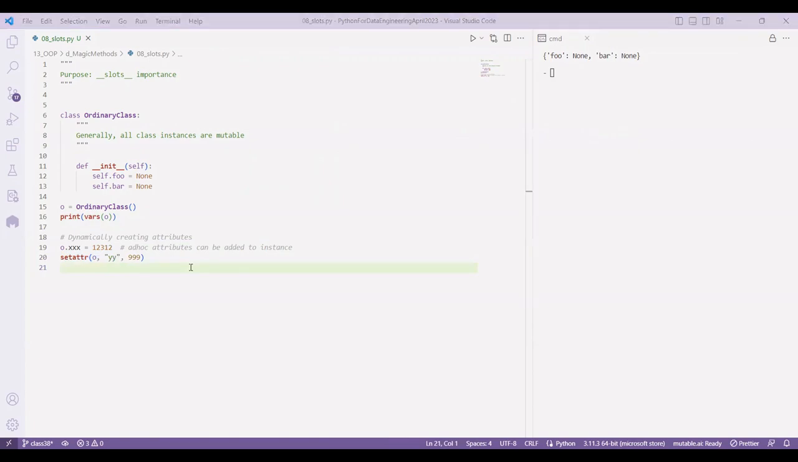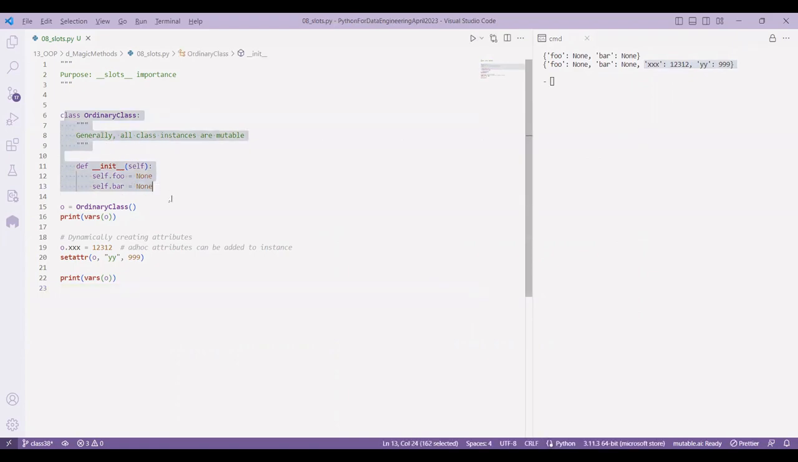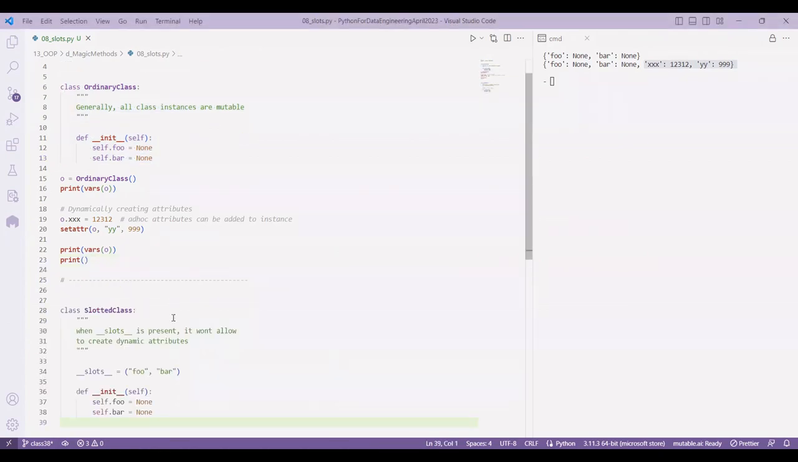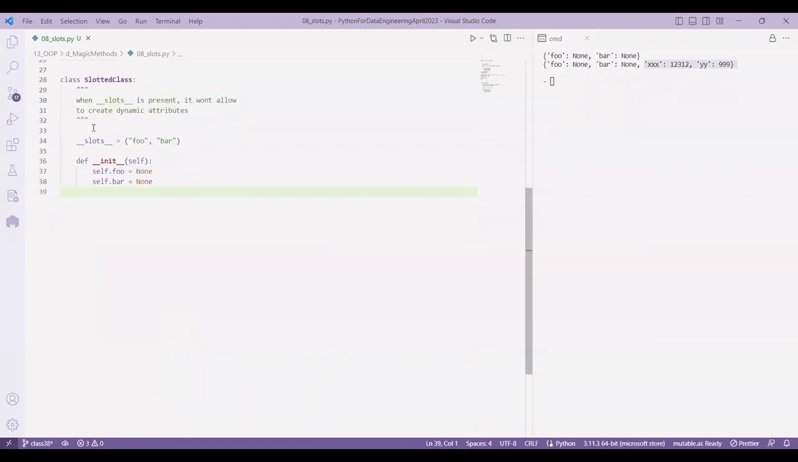After setting the values, I'm asking, hey, what is the vars? If you see here, these two extra attributes came. Though you have defined only two within the class definition, you are able to add afterwards. Whereas if you don't want to let that kind of thing happen, that's where we need to go for slots. You see in this example, I defined the same definition like foo and bar, but